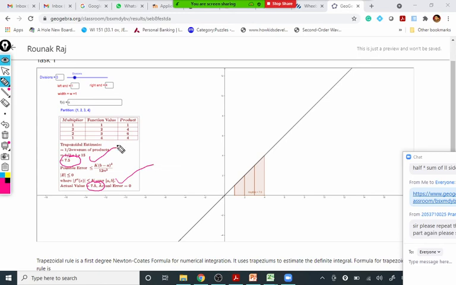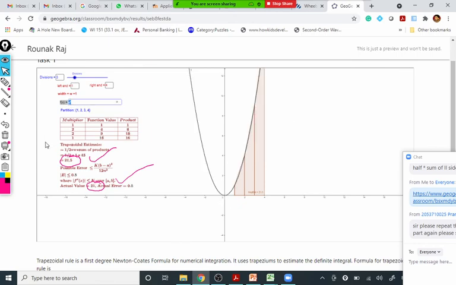Now if I do a very small change here, let me take x square and press enter. Now we are approximating it by a parabola. You'll observe the trapezoidal rule answer is 21.5, and the actual answer is 21. So now the question is that we have to do it by the trapezoidal rule only. How to do the questions and numericals, we'll come to that part.